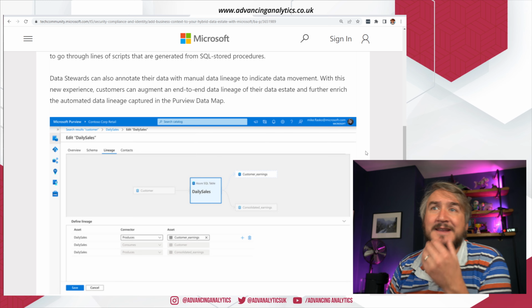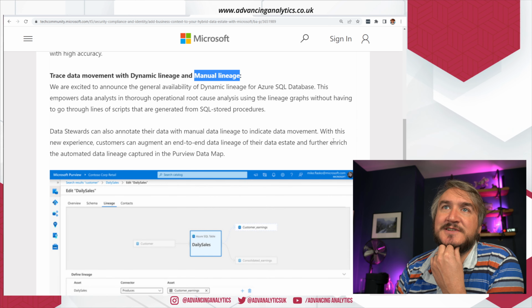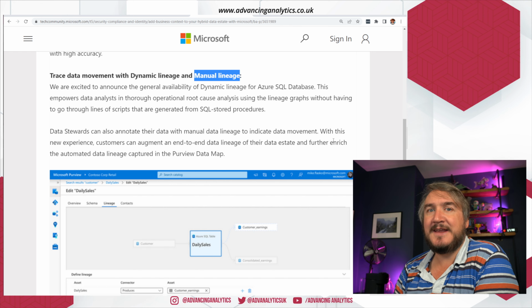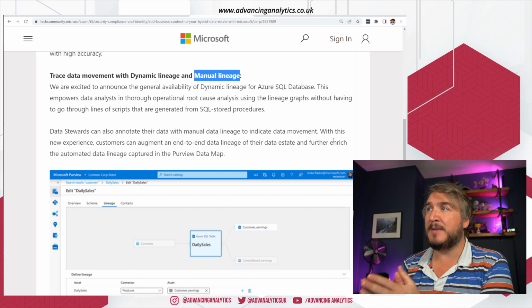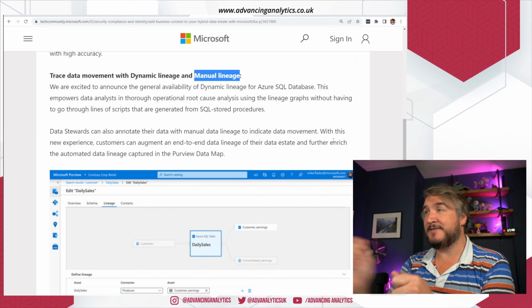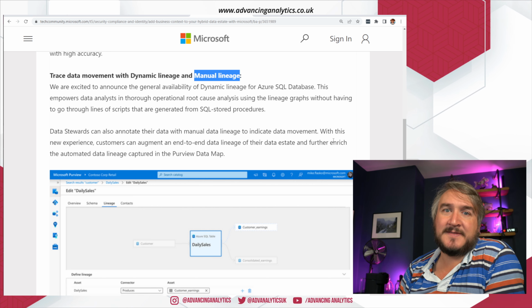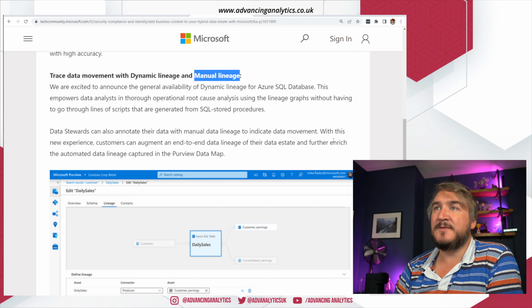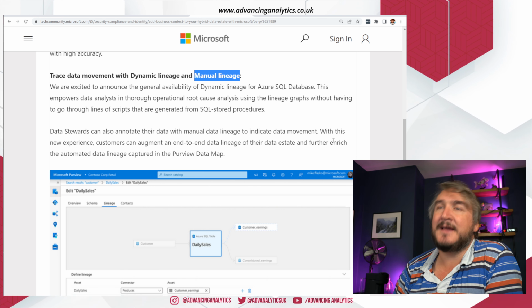And then, yeah, lineage getting better. Now, one of the things I was excited about is this manual lineage. When we've seen lineage inside Purview, that's when it already has the ability to do it. So if I'm doing a Data Factory copy data activity, and I've hooked Data Factory up to Purview, and I say copy data from that table into that place in the lake, then when I look into Purview, it'll go, right, there's lineage there. I know I went from that table and I put it there in the lake.